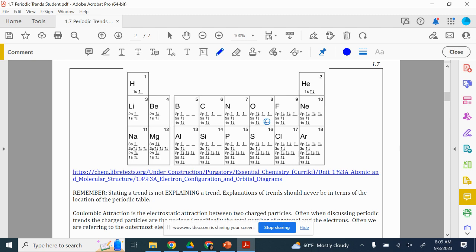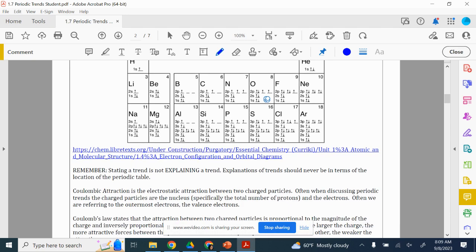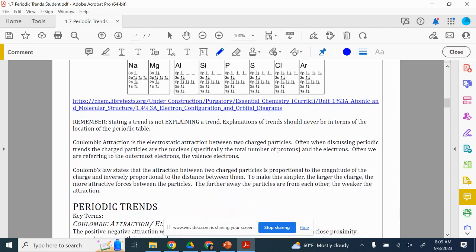So that is going to influence fluorine and why we don't see that easier pull away of that electron. Now, in AP, just stating the trend does not give you points. So saying, as we move down, it gets more reactive, they're not going to give you the points for it. You need to tell them that as you move down the column,